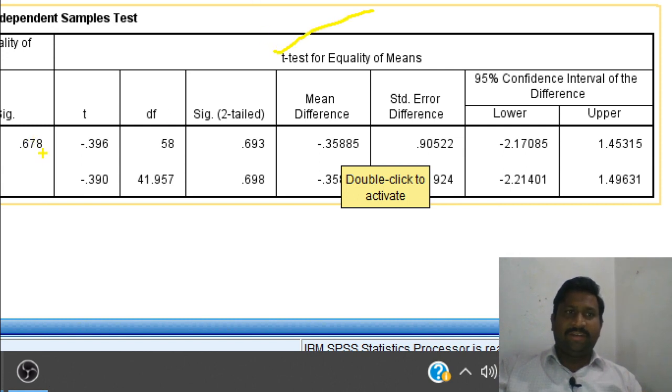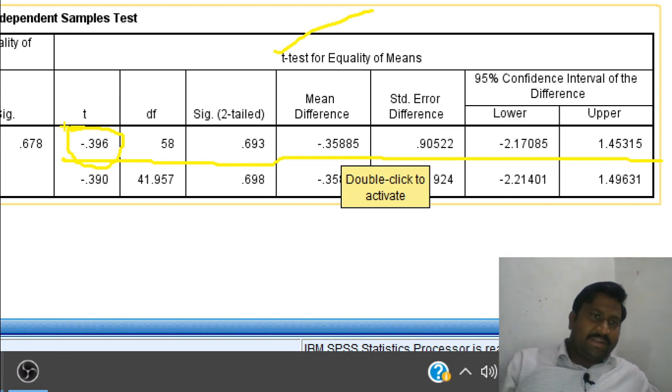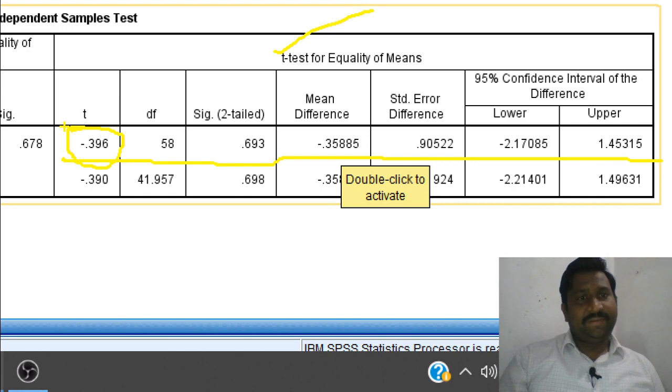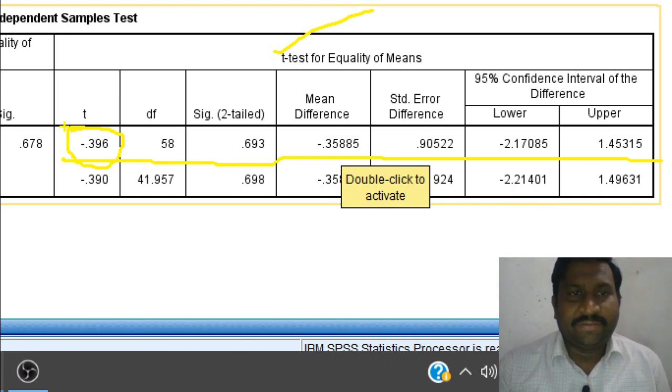Now we know equal variance is assumed, so we will see only the upper values. Okay, so t is minus 0.396. Degree of freedom is 58, as the sample size was 60, so degree of freedom is 58.